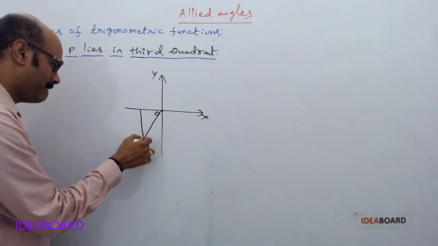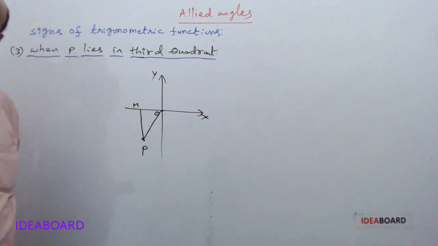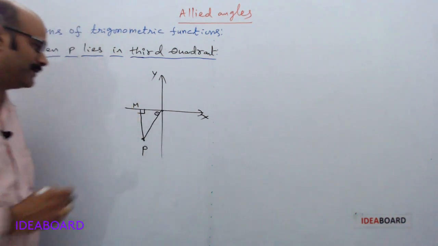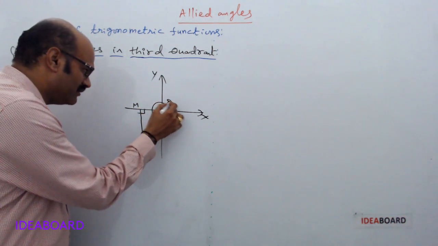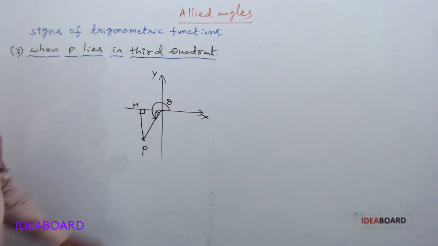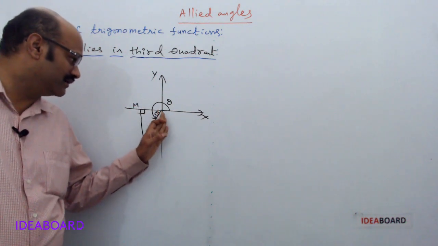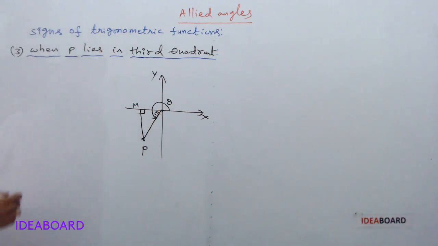Draw PM perpendicular to this. Then this angle is equal to theta. Now from the diagram clearly we have sin theta equal to